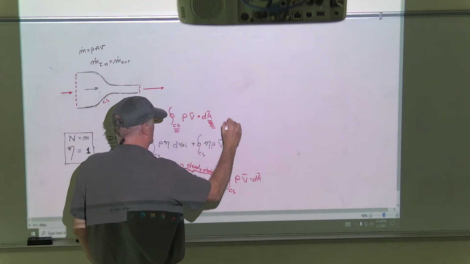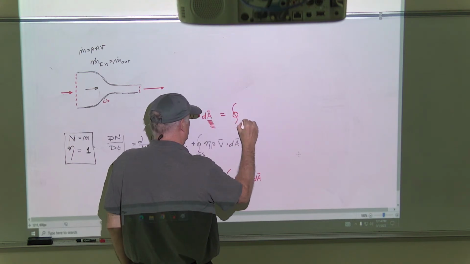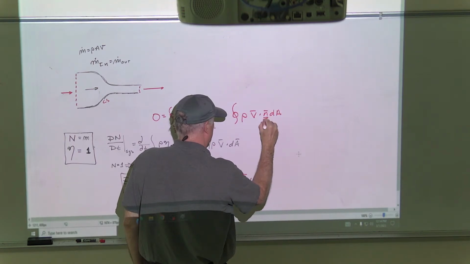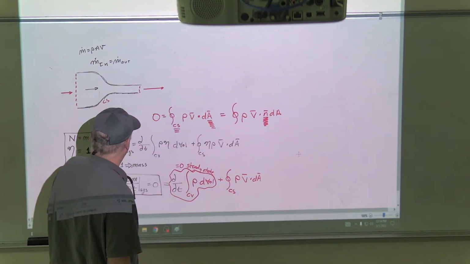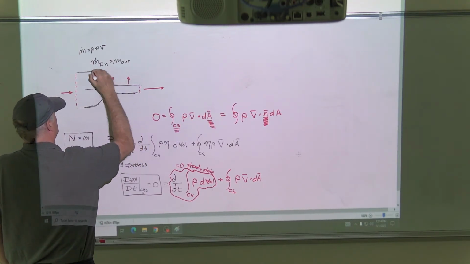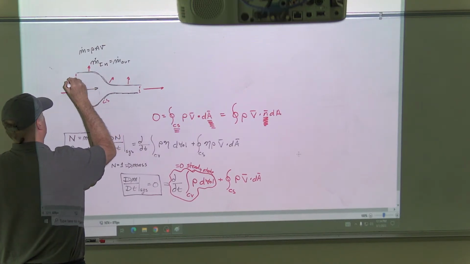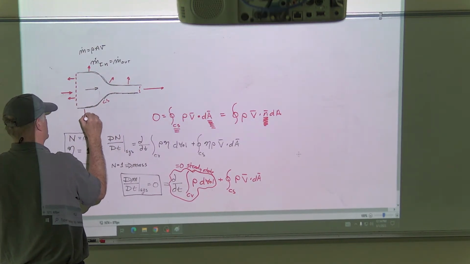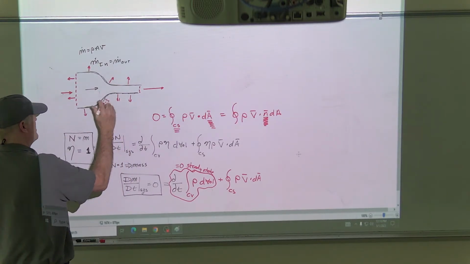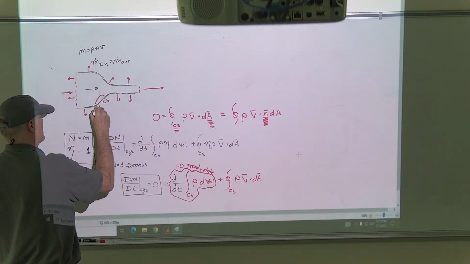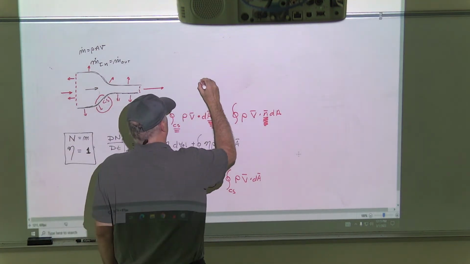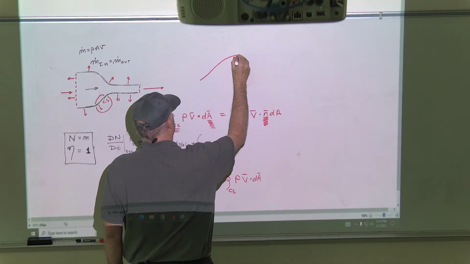Now, some books will write this like this: rho v dot n d area, where n is the normal. And so normal is, imagine it's a porcupine. So everywhere there's a needle pointing out, and the needles all have a length of 1, but they're all perpendicular to the surface. In other words, I'll zoom in and we'll pay attention to this little region right here in a second. So if we zoom into that area, and we look at it, it's coming up like this, say,